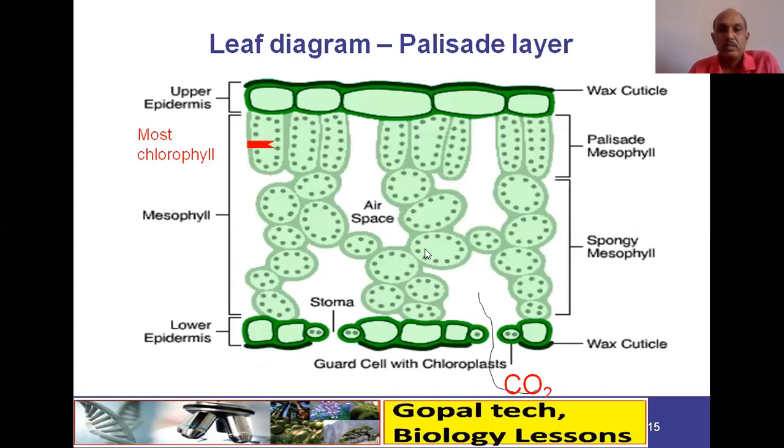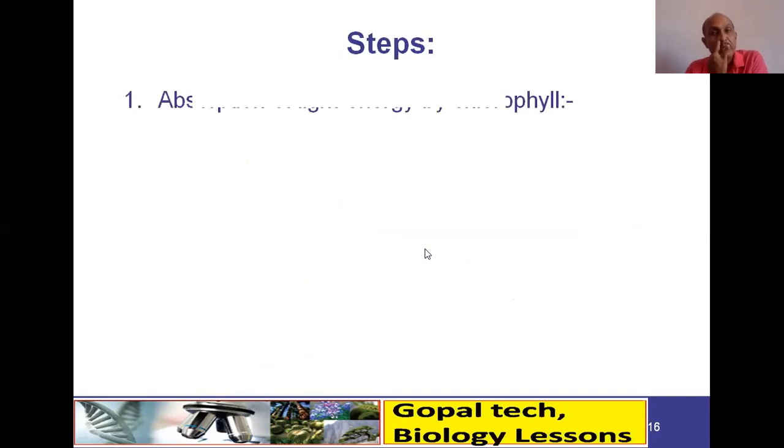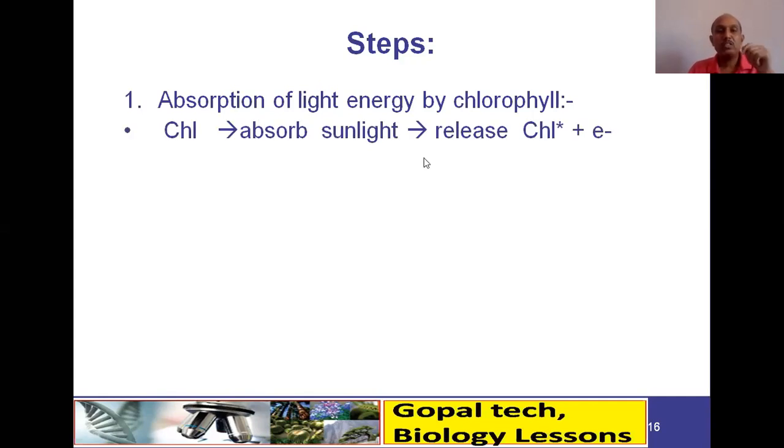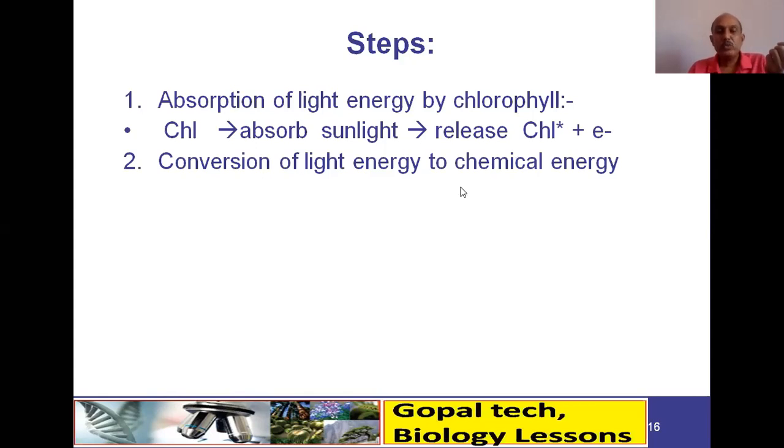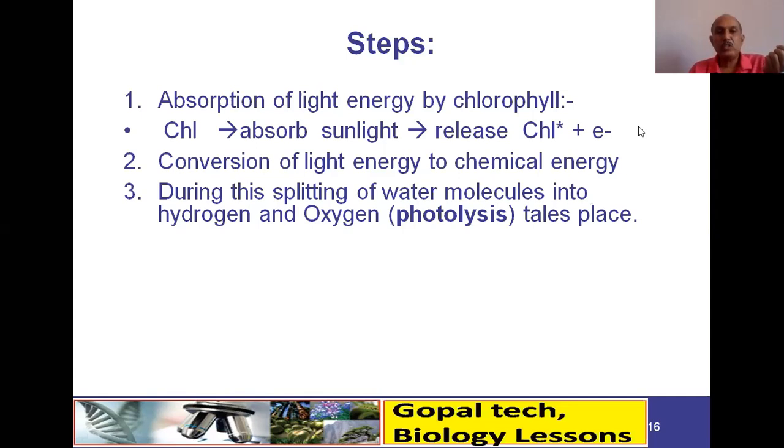Okay, here. Now the steps are important. Photosynthesis, absorption of light energy by chlorophyll molecule. So chlorophyll absorbs the sunlight and releases the electrons. These convert light energy into chemical energy, that is in the form of ATP. During this, the splitting of water molecules also takes place into hydrogen and oxygen, and that